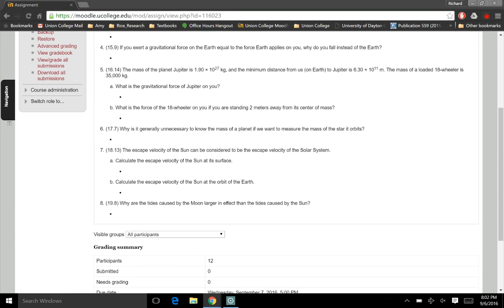But how does your mass relate to the mass of the earth? Much greater. My mass is much, much less. The earth's mass is much, much greater. So the acceleration, according to Newton's second law, is going to be the net force divided by the mass. So the acceleration caused by me on the earth is going to be really small because of its enormous mass. Hence, it hardly moves. The acceleration caused by the earth on me is much bigger for the same force because I have a much smaller mass.